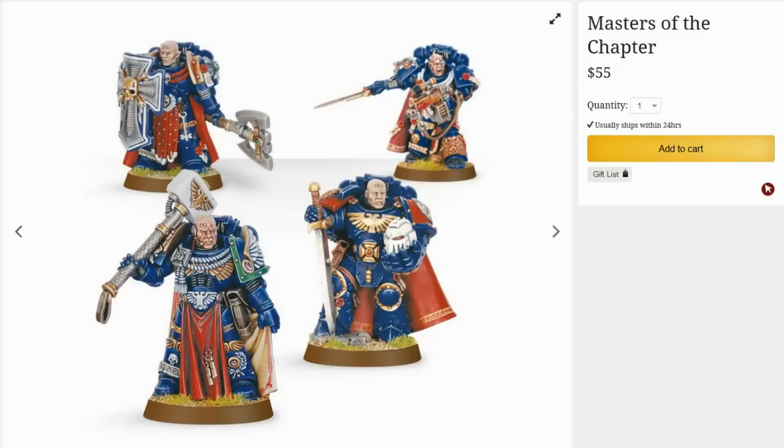Another great one is this older kit, many models of which I've used myself, the Masters of the Chapter. This one's great because you get characters who, except for the guy with the axe in the back, everyone is in Mark 3 or Mark 6 armor. Very handy, good for the Raven Guard, Alpha Legion, and most legions really can use these guys to some extent. And they all come with cool weapons, like clearly there's Paragon Blades here,